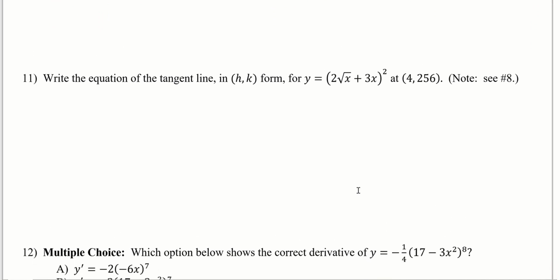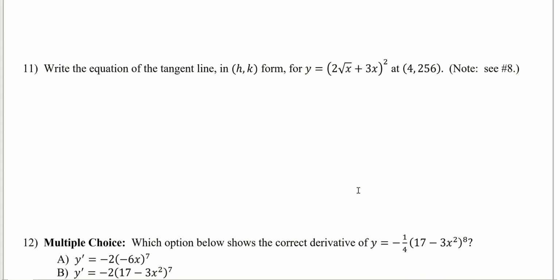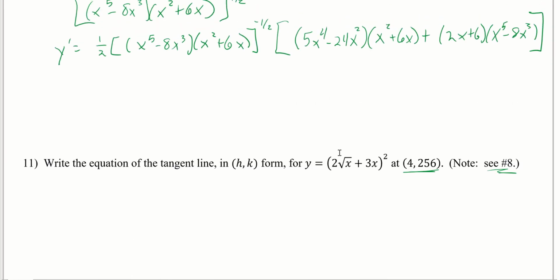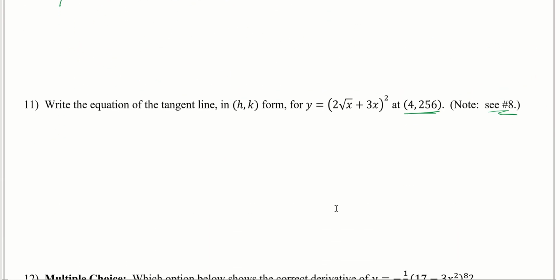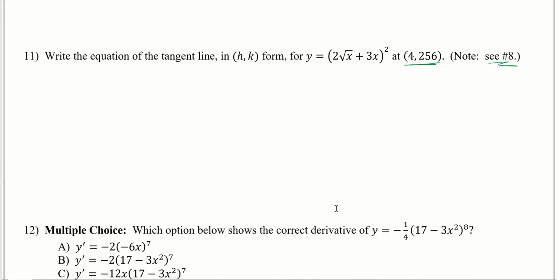Now it says write the equation of the tangent line. We know the h and the k, we know the point, but now we just need to find the slope. It says here, note C number 8. So let's go up to number 8. If you notice, number 8 is the same exact equation, and so we already found the derivative. You can go through the motions again if you want, but we already know that derivative is going to be 2,